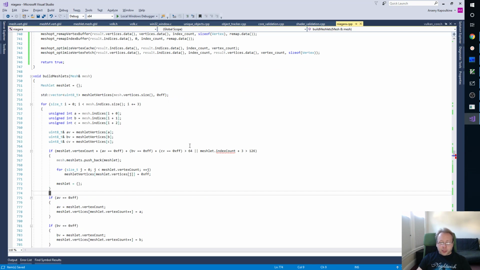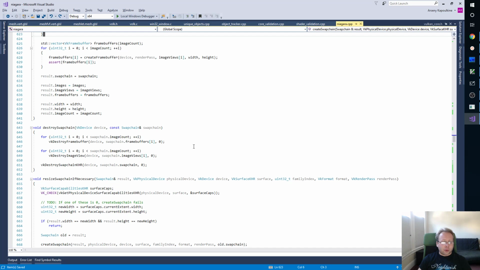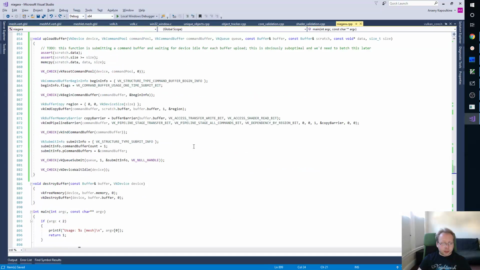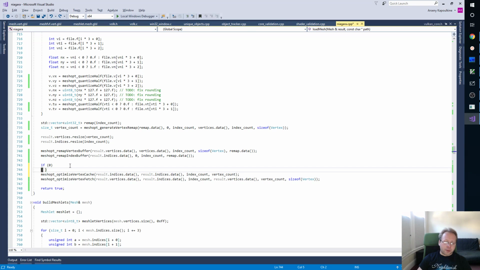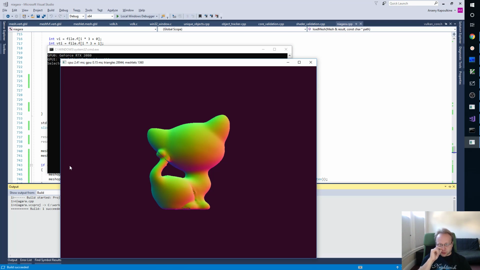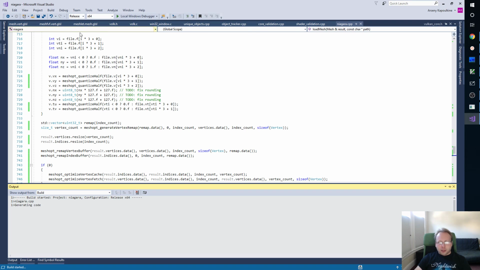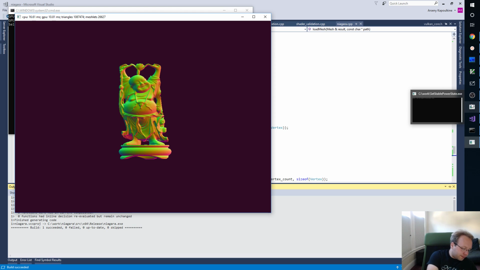Now, when we build the meshlets, let's first record, and let me make sure I disabled optimizations, because this also affects meshlet count. For now, let's just do raw, and a release build so that we use a larger mesh. Right now we have 1,000,000 triangles, and we are using 26,627